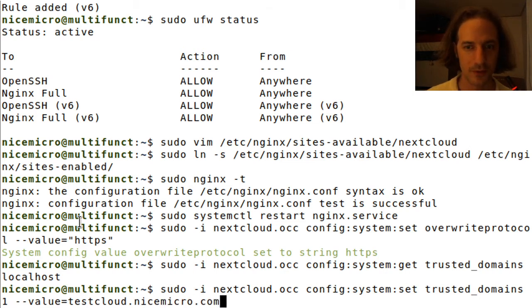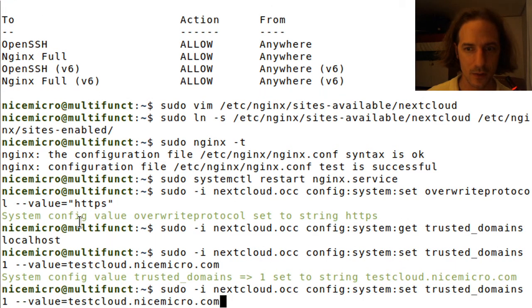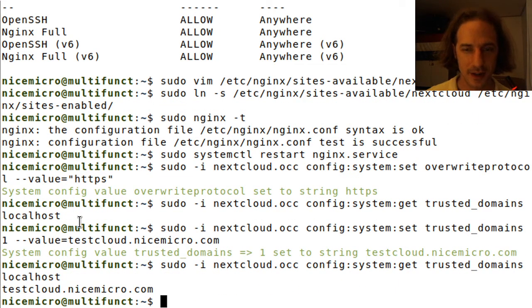Of course, you will have to give the same domain name here that you used in your Nginx server block. And if I do that and go back to the system get command, I can check that